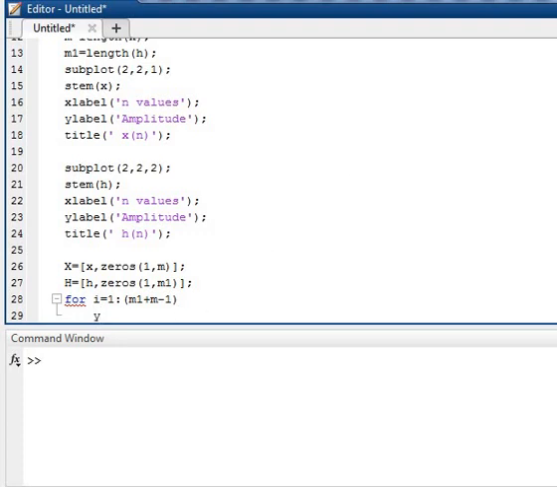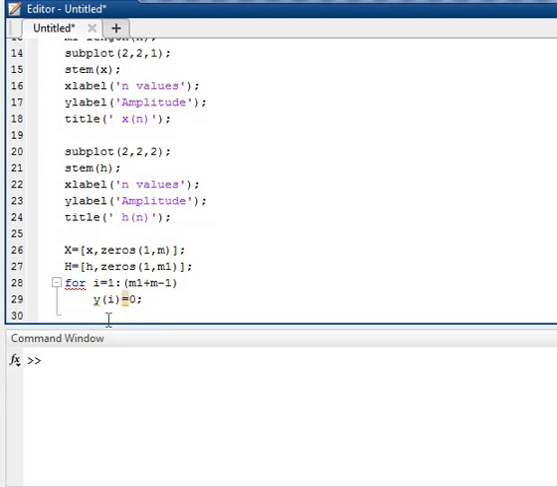In this case, first of all, I set y of i equal to 0. Now the inner loop, j equal to, starting from 1 because in MATLAB it starts from 1.